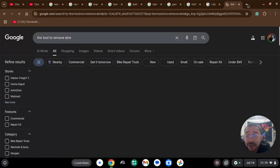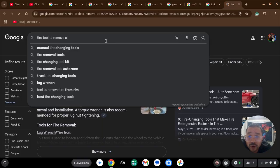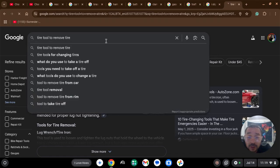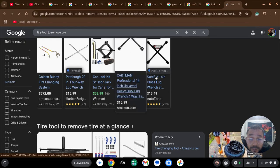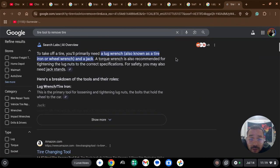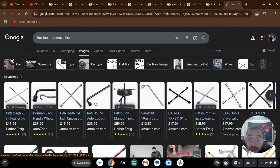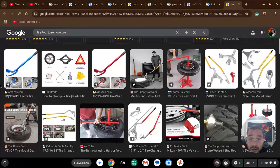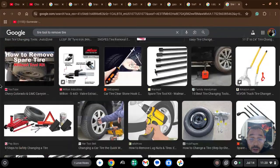And it's not even a tire, it's like the rim, the nuts on the rim. Yeah, so I'm probably describing this incorrectly. But I'm thinking like, yeah, one of these cross wrenches, and some of them, like this one, it has more like an L, the L shape. So that could also be used,